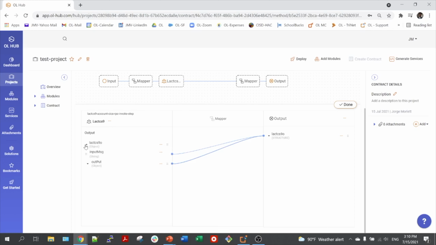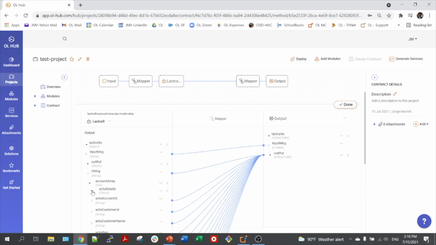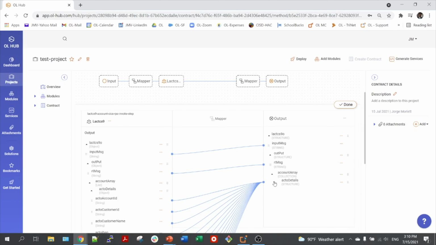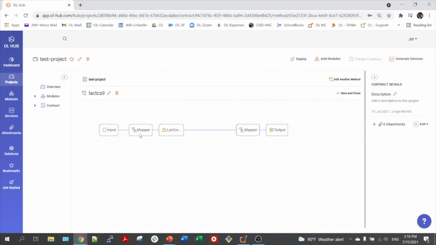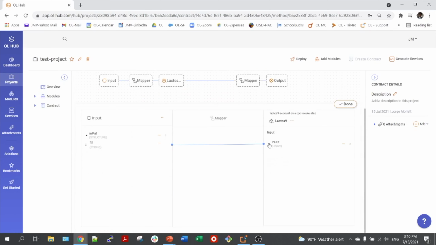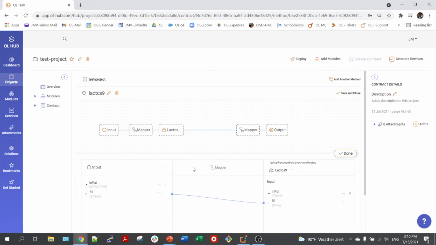So I know this is a list of accounts, and I immediately understand from the original copybook that this is going to have accounts information and that I'm listing that information. So I'm bringing everything as output, as you can see here. And in the input, you will see that I have basically no input because I want to expose everything that I have. So that's the way you can create a contract from scratch, and everything is going to be very